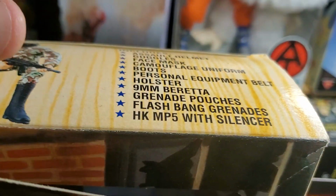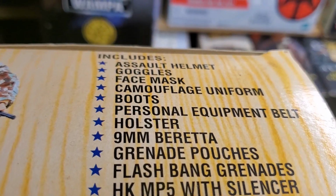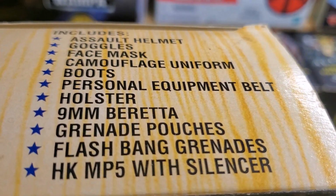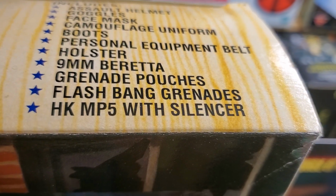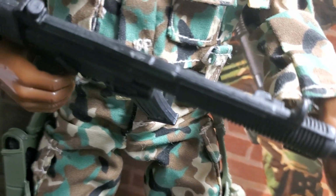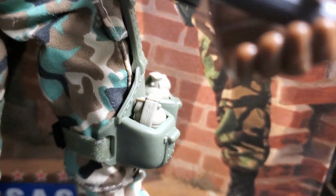Let's see some of these weapons here. These are all the things he comes with: assault helmet, goggles, face mask, camouflage uniform, boots, personal equipment belt, holster, 9mm Beretta, grenade pouches, flashbang grenades, HK MP5 with silencer. And there's the 9mm Beretta. Here's the flashbang